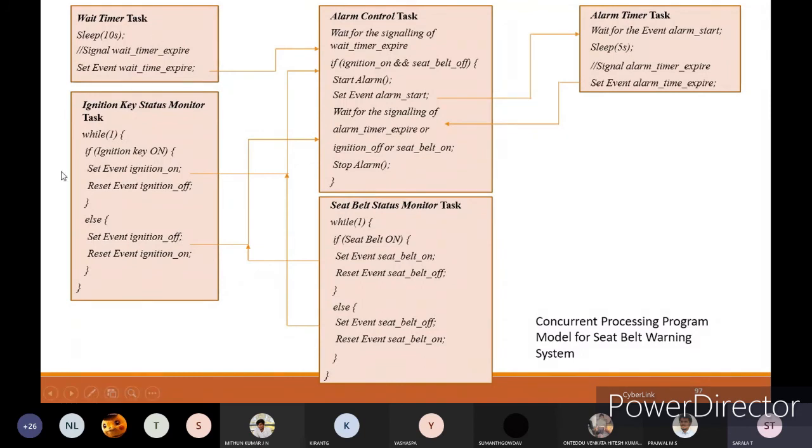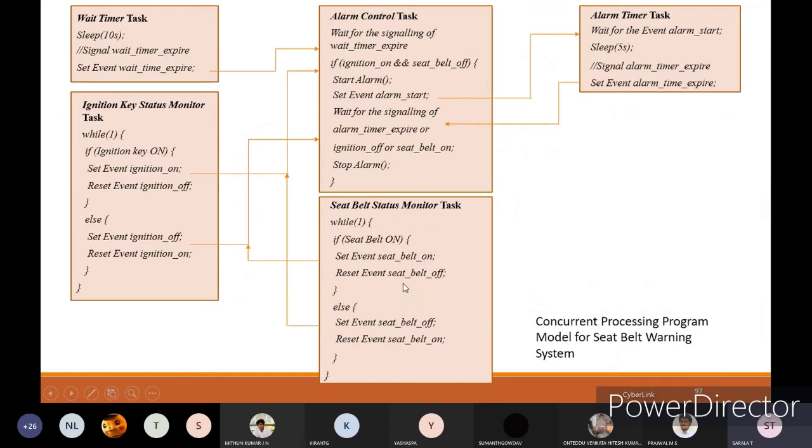If it is on, set the event ignition on, the event we have generated. If it is off, set the event ignition off. After this, it will be given as an input to the seat belt and alarm control tasks also.